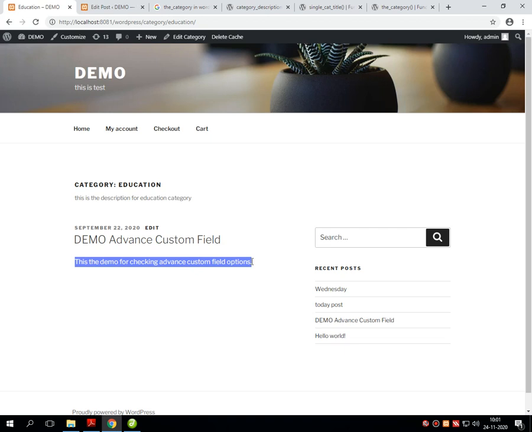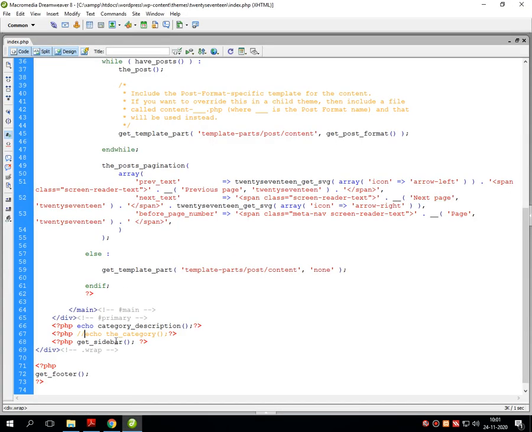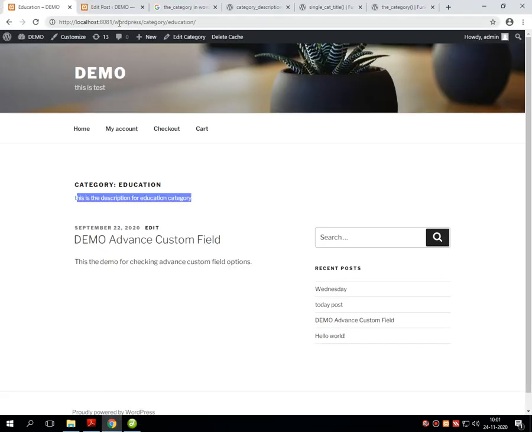Sorry, the description is given over here, my mistake. After the category, the category is Education, and this is the description for the education category that we have written. So that can be displayed using this function called category_description. Let me go back to the home page.